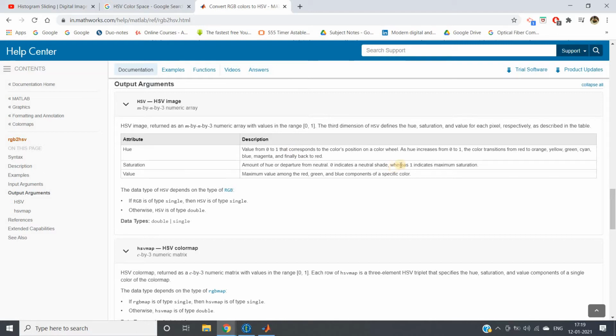Okay, as hue increases from 0 to 1, the color transitions from red to orange, then yellow, then green, then cyan, then blue, then magenta, and finally black. Then again it is going to red. So it started from red, it is again going to red, because as you have seen, the hue representation is on a color wheel.